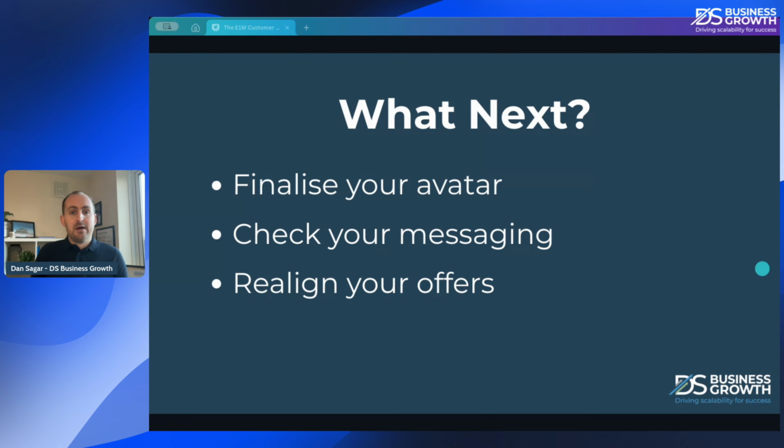Okay. And the last thing there, which is the most difficult to do, is to realign your offers. So figuring out your avatar is fairly straightforward. You can do that probably in 90 minutes. Checking your messaging and going through all these different things is potentially a few hours' work to get all that tweaked and sorted out, depending on how much stuff you've got out there. But realigning your offers means doing some proper deep thinking on how to realign what you are actually offering day to day, week to week, month to month. What you are offering to people perhaps needs realigning and readdressing.